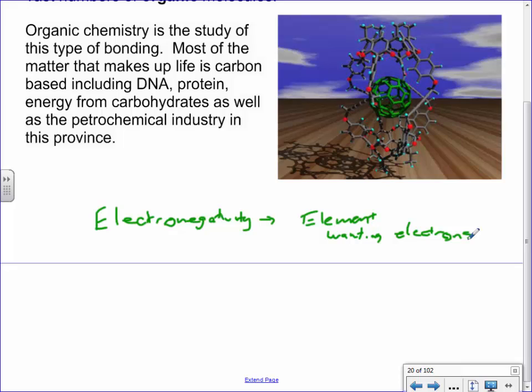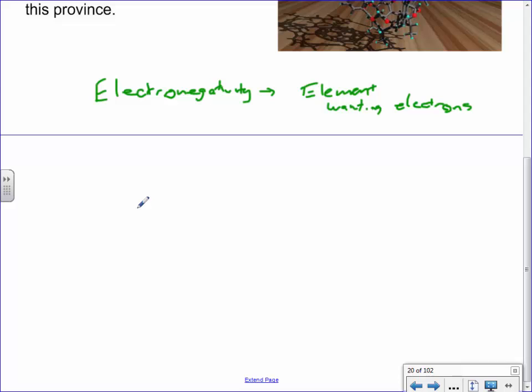Okay. So what we can do then is rank all of our bonds on a continuum, on a spectrum. Just like you do in, I don't know, social studies where you do political spectrums or something, only this is way more exciting. No, it's not actually. Over here, what we've got is a scenario where if the electronegativity difference